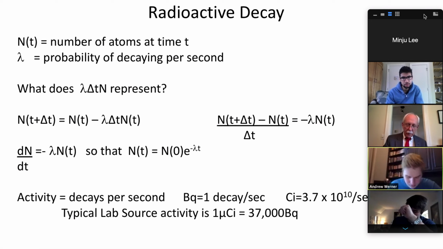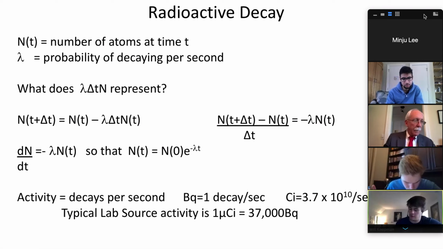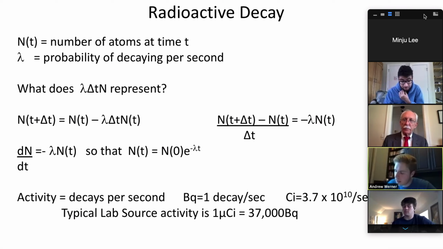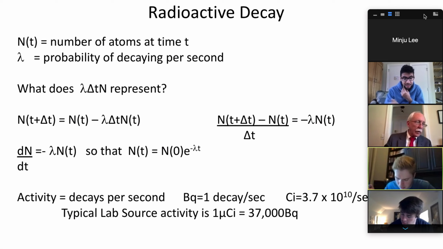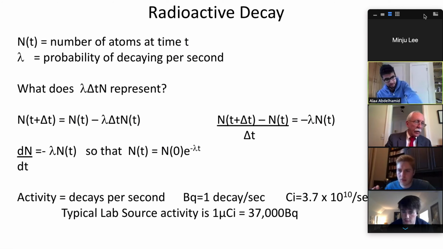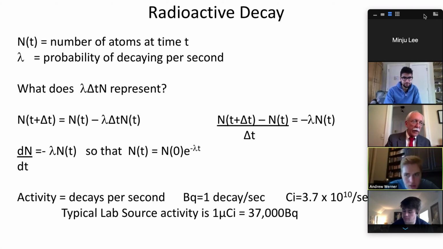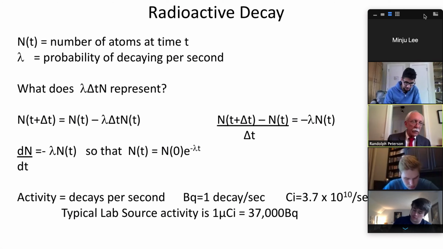Would it be 2.45 times 10 to the 8th? Curies? Is that what we're talking about, Andrew? So what was your lambda? What was your decay constant? 9.1 times 10 to the 18th. And I get the same answer. Okay, so that's lambda n. It's 9.1 times 10 to the 18. Yes, sir. And you divided that by 3.7 times 10 to the 10. Yes. And I got 2.45 times 10 to the 8th.